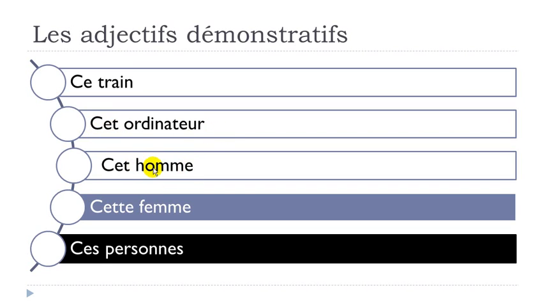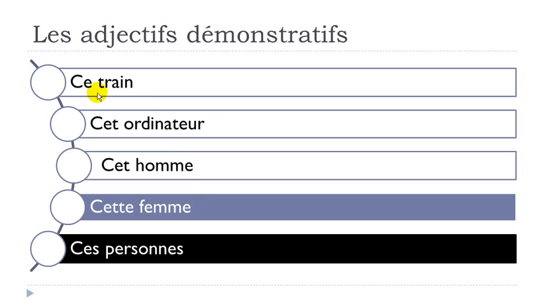And then here, we've got the word homme, man. It starts with H, but in French, H is not pronounced, so the first sound that we hear is "o", and it will follow the same rule. You'll have to use the masculine adjectif démonstratif, this form, cet homme, alright? Femme, woman, cette femme, this woman, cette femme, okay, and then the last one, personne, persons, pluriel, ces personnes,